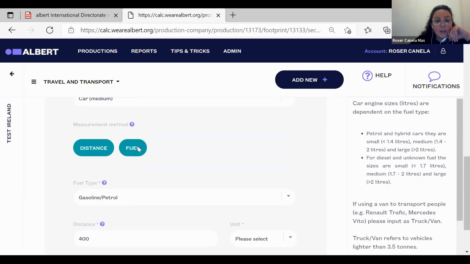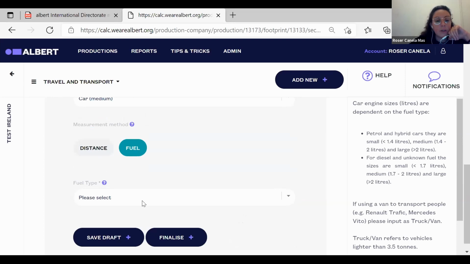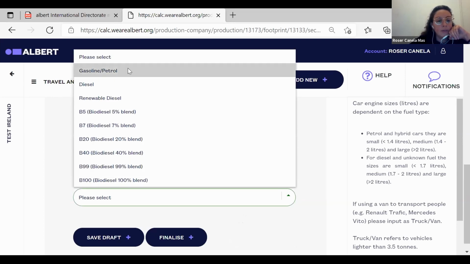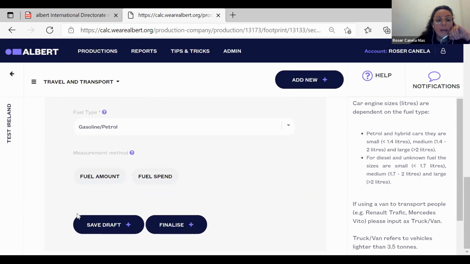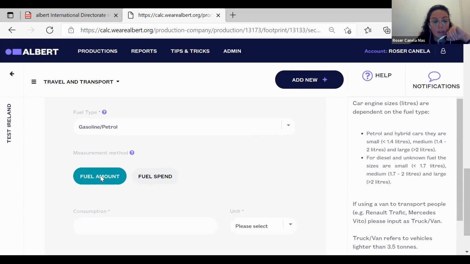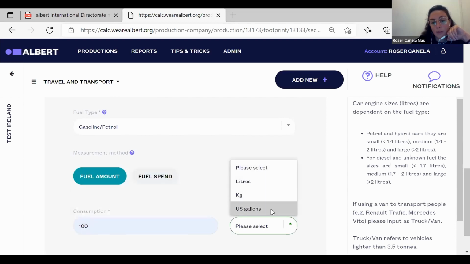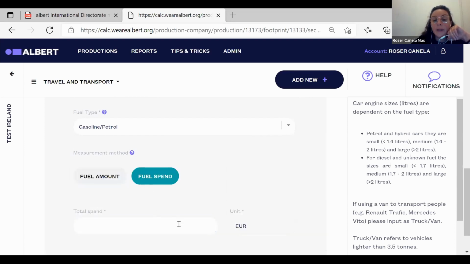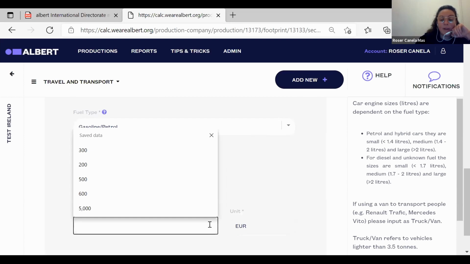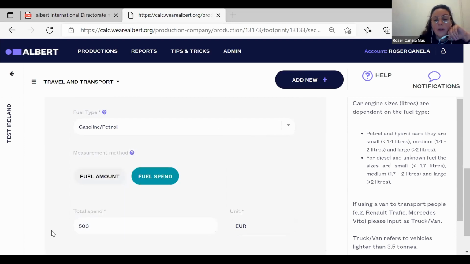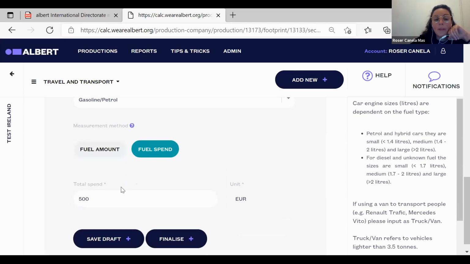Okay, but imagine that I want to measure by fuel. So I say which fuel I'm using, gasoline, and then I can measure by fuel amount or fuel spent. So I can do fuel amount, and I just put how many liters or kilograms or US gallons, or by fuel spent. If I do fuel spent, I already have my own currency, yeah? And one thing,